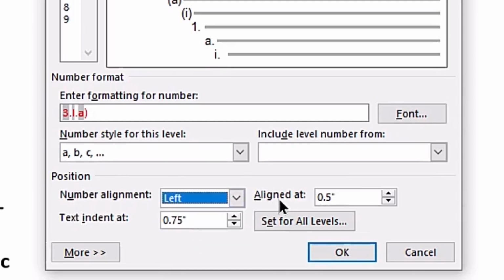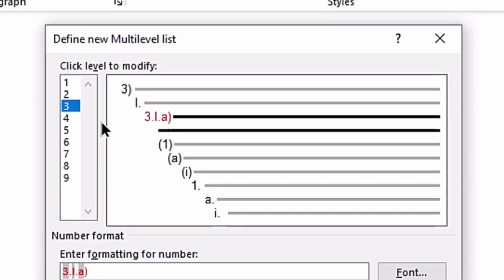Now when you come to the align at, mine is showing in inch. That's because my Word is currently set to be working in inch. But for you, it might be in centimeters, depending on how you have set your Word. Now this one is showing 0.5 inch. That means from the margin up to where the list is going to be applied, it's going to be 0.5